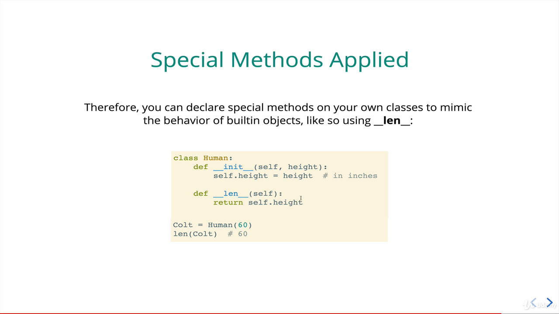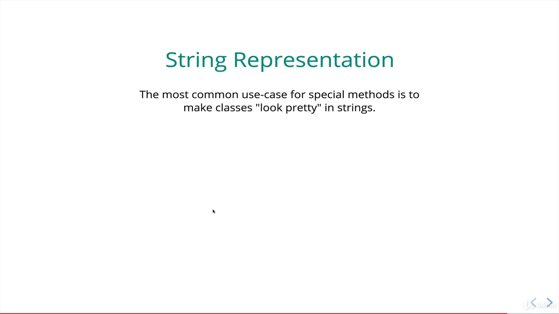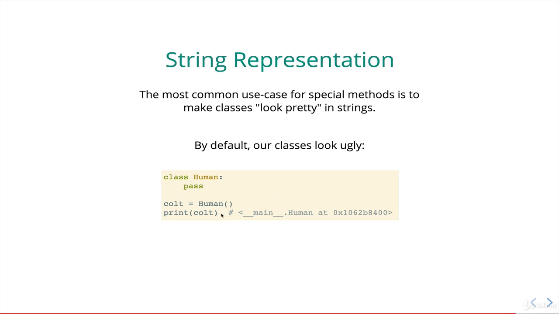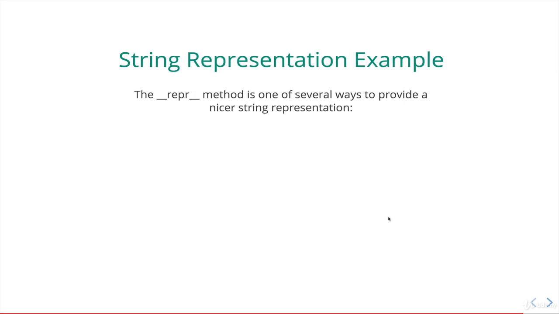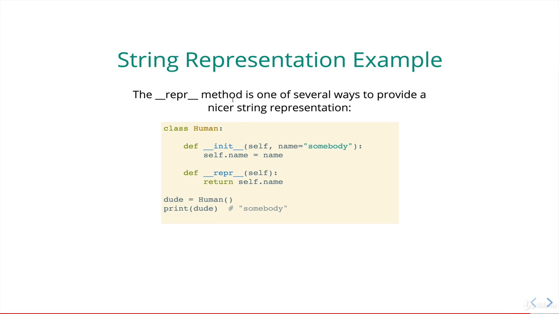And we could define whatever we wanted. We've also seen that by default, when we print out an instance of any class we define, we get this really gross looking thing. We can use the repr representation method, define that, and whatever we put in there, the representation will be called whenever we print it. And we've also already seen that. Okay, so the point of all of this is to show you that there are these built-in dunder, special, magic, whatever methods that Python uses behind the scenes that we can actually add to our own classes, implement them so that our classes can play nice with the rest of Python.